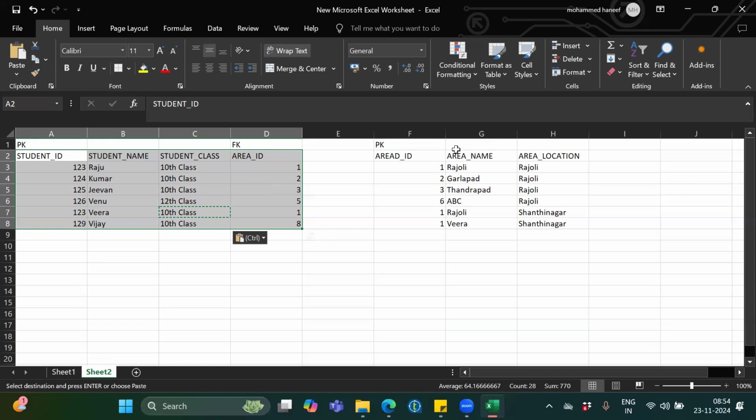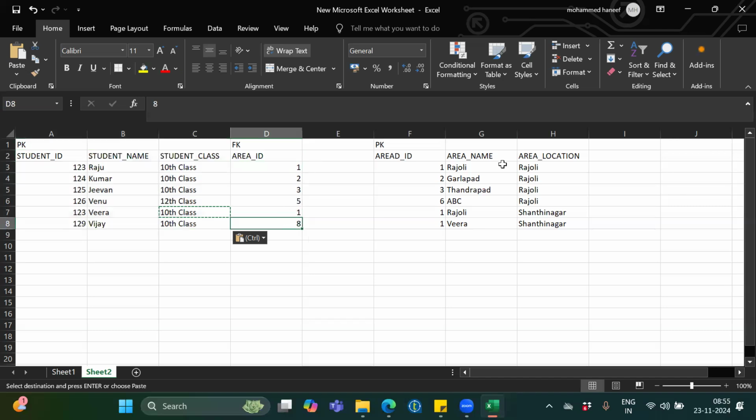Correct? Now, why do we need to create a foreign key and primary key? In case you don't want to allow any data which is not available in this table while inserting the data. Here itself, if you want to reset, yes, you can do it. There are other ways also. But what will happen when you are creating a relationship between these two tables? You must insert this data in the dimension table if you are considering this column as a foreign key. Okay. Now, in the join condition,